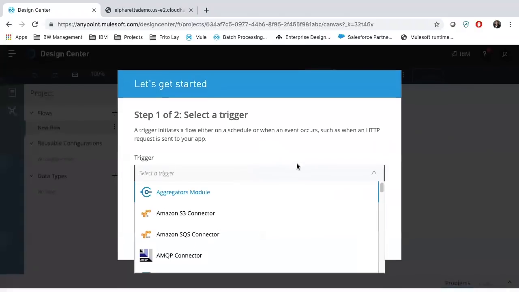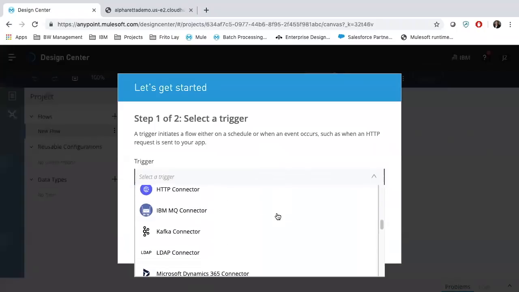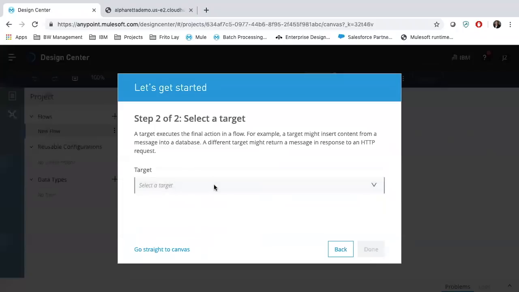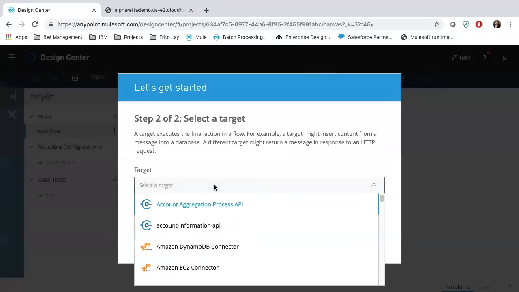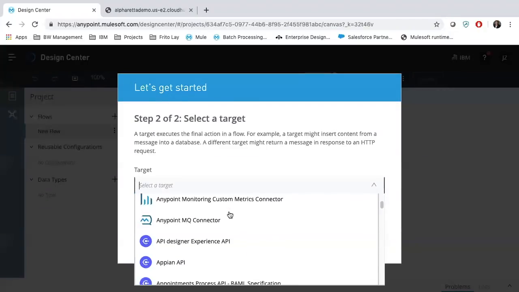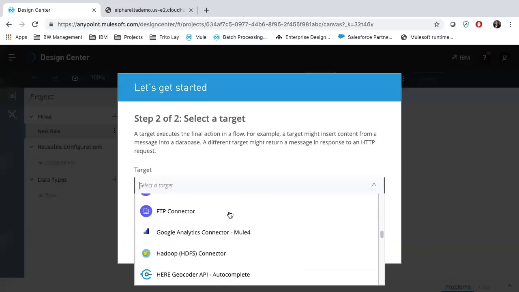It is giving me some answers. I'm going to use an HTTP connector, exactly what I did. Next, what is the target? What should happen from here to there? Do we have Salesforce? Let's use Salesforce, right? So the question is, when should you use this versus when should you use Anypoint? The answer is very simple. If you are pretty sure you are not going to access any local resources, directly go here.